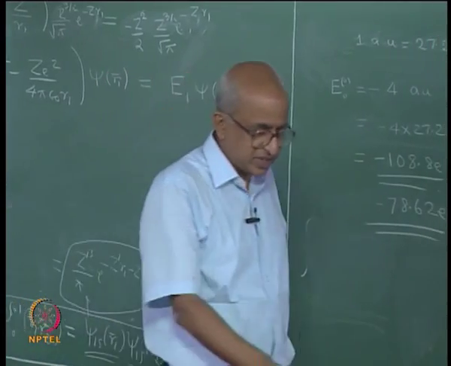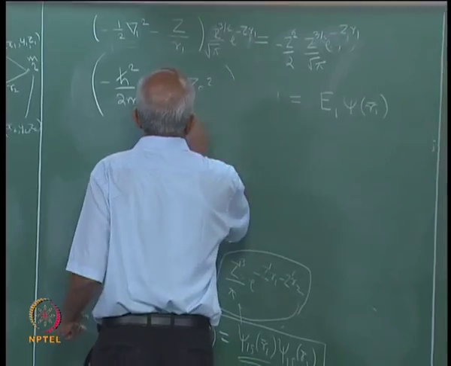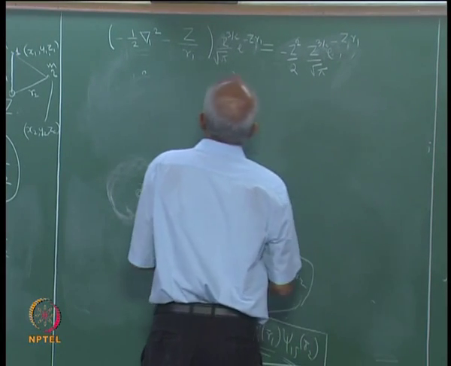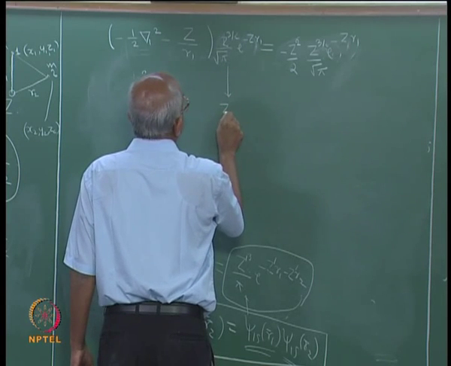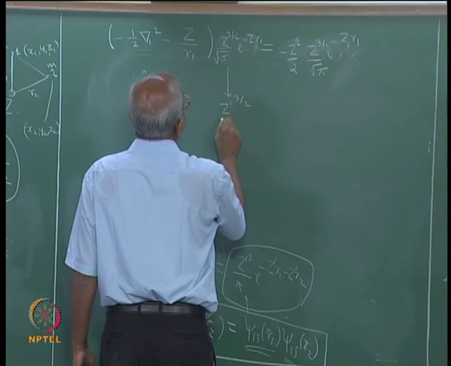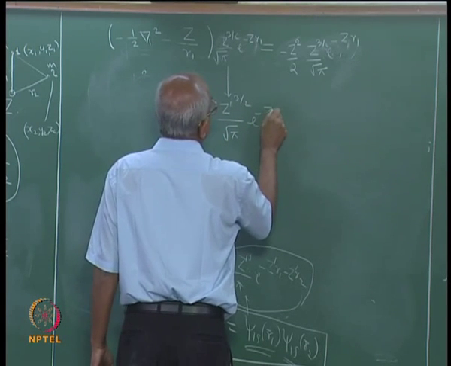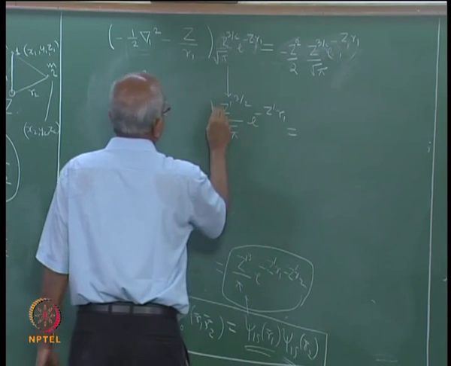What kind of equation will that function obey is the question that I want to answer. So instead of this, suppose you had Z prime to the power of 3 by 2 divided by root pi, e to the power of minus Z prime R1,